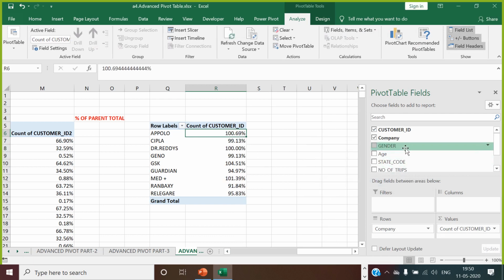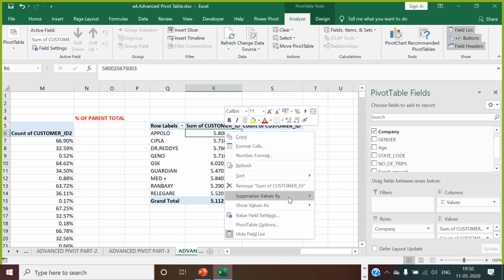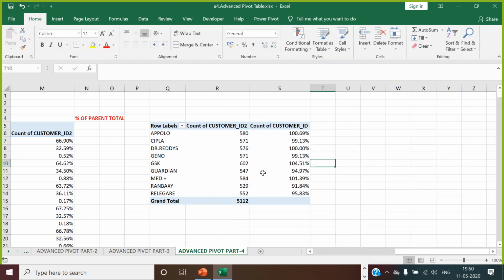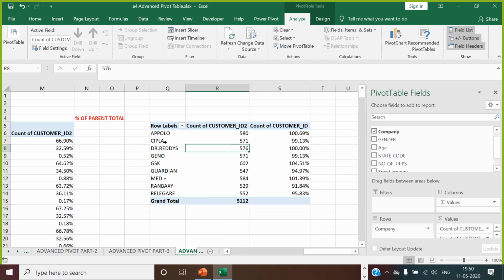So let's do one more time here to show value as a count. What do you say? If Dr. Reddy's count is 576 and the count of Apollo is coming as customer base of 580, so what percentage of Apollo over your Dr. Reddy's, which says that around 100.69%. So Apollo is definitely above your Dr. Reddy's.